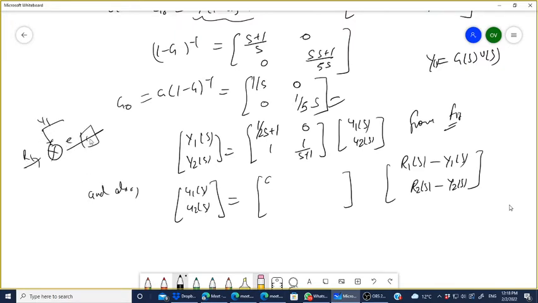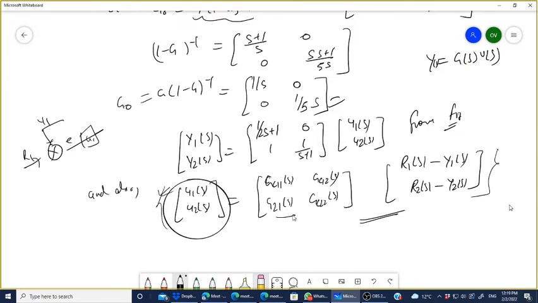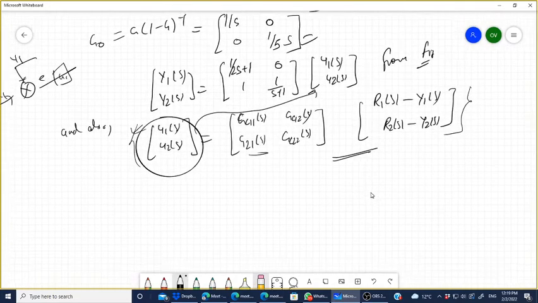And here what is your Gc11? Yes. So this is Gc11(s), Gc12(s), Gc21(s) and Gc22(s). If I'm not wrong, you can write like this also. Is it okay? Practice this again and check whether it is right or wrong. Now, the value of u1, u2 you know, just put here, so you can write now